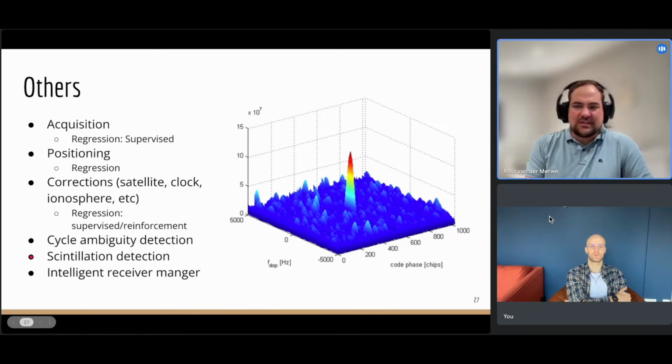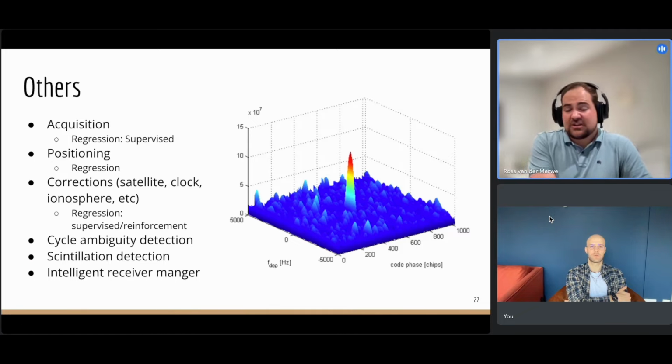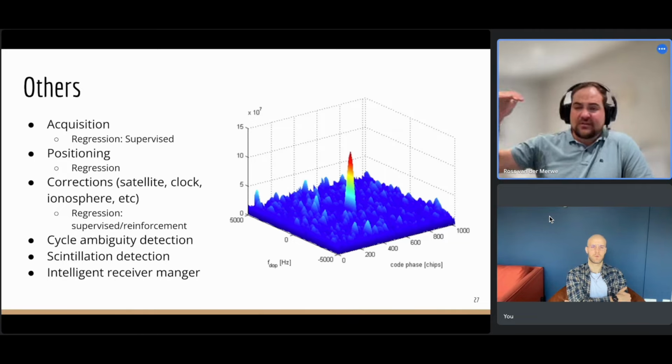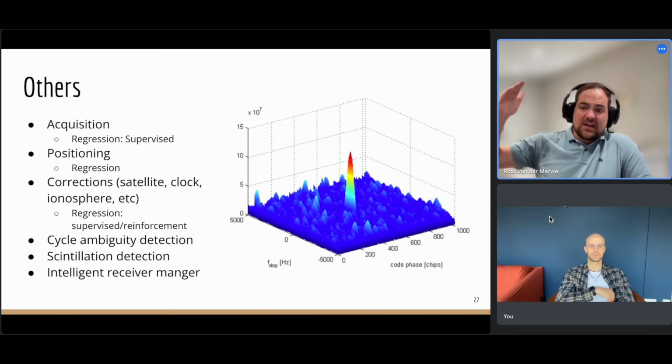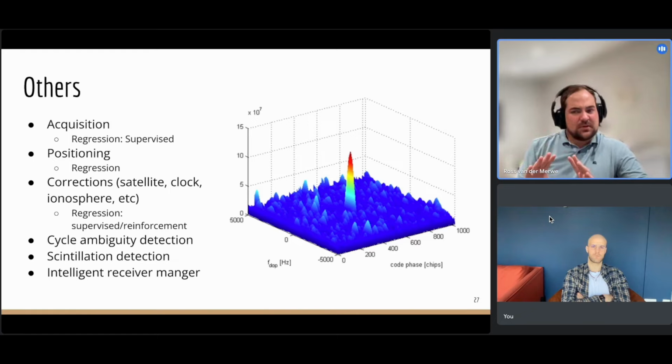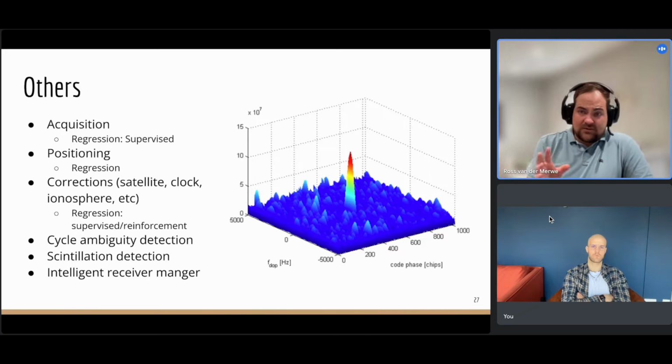Without going into too much detail here, I've seen a lot of papers regarding scintillation. This is something I've never done, so this is far outside of my experience zone in GNSS. A minor background here is, as your signal comes to the ionosphere, if there are anomalies or weird things happening, you have additional delays coming in, and this disrupts this triangle. So very similar to multipath, but not the same. But this is especially bad for carrier phase positioning because it just suddenly gives a burst error coming through.